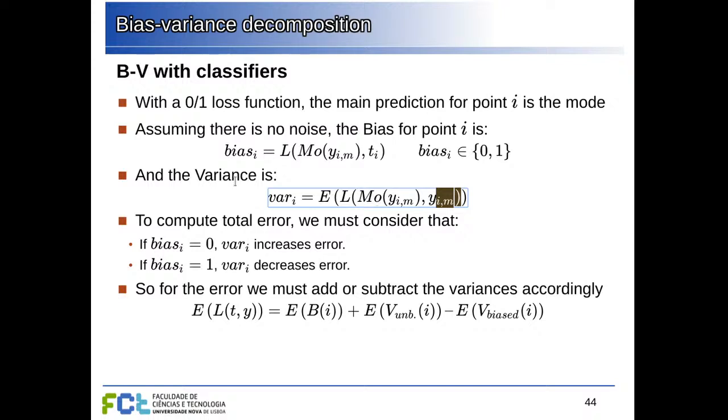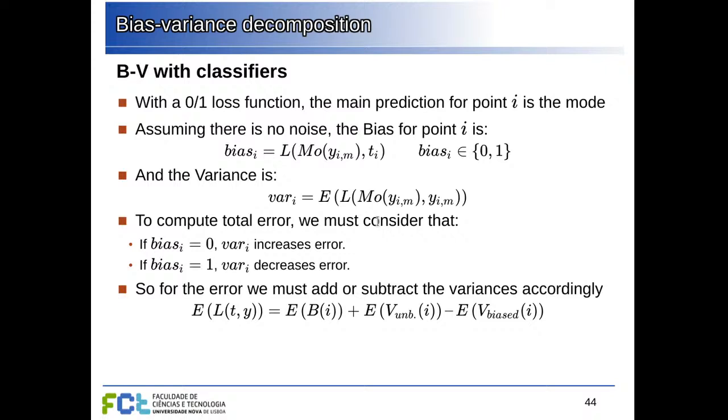Now, one complication here is that if bias is 0, that is, if the majority vote is correct, then variance is increasing the error, because the more classifiers disagree with the majority, the more the expected error will be. However, if the bias is 1, that is, if the majority vote is incorrect, then the variance decreases the error, because if the majority is wrong, then the larger that minority that is disagreeing,